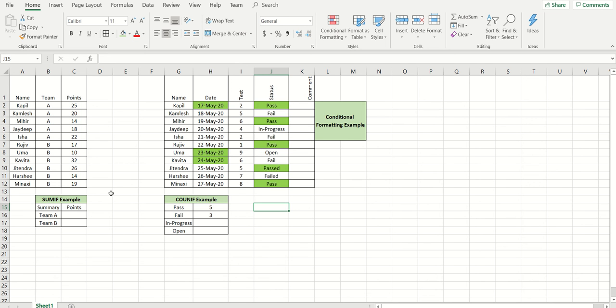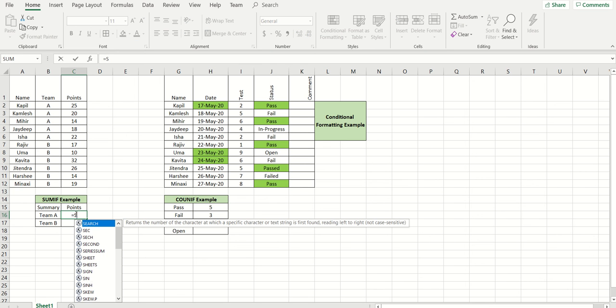Now, another useful one: let's say you want to go category-wise, like in this category how many points, how many test cases there are, and in this category how many test cases there are. Here I consider giving an example with categories, team and points. You can consider this as test cases, and here you can consider the category. If you want to count in this team how many points we have collected, how many test cases we have, that can be done using the sumif function.